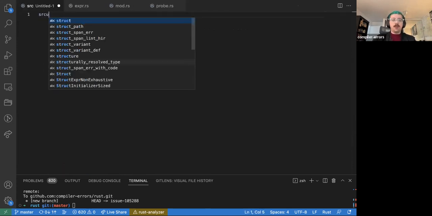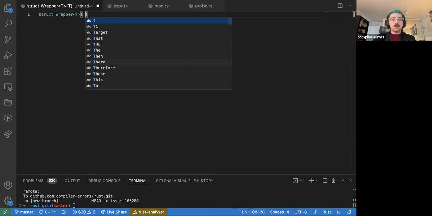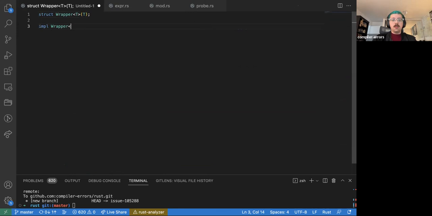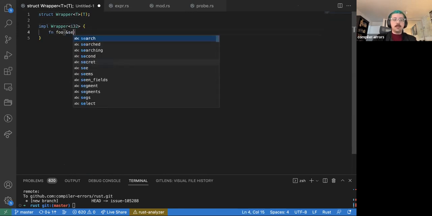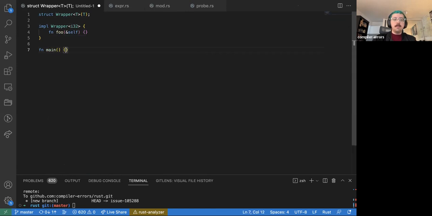So for example, if we have some struct Wrapper<T> that just wraps a T, we implement a method on Wrapper<i32> that takes the self receiver, and then in main, let x be a Wrapper of unit. We can't equate this with Wrapper<i32>. We consider x.foo. During that initial method probe, we actually assemble this foo candidate as part of the assembled candidates, like Wrapper<i32>::foo,